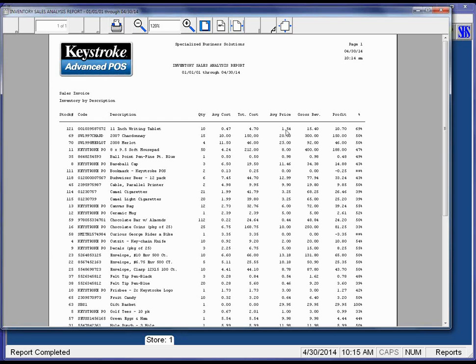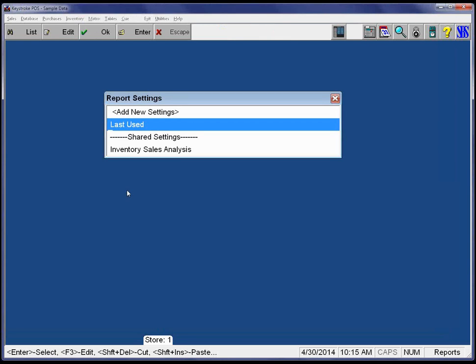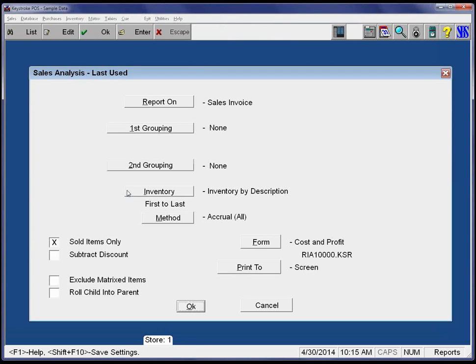I see the average price, the average selling price that the item has been sold at, and I see my gross revenue and my profit calculations. Nothing particularly unusual about this report. It's just a sales report by inventory item. I can see each item that has been sold, my costs, my prices, and my profit. But again, as we go right back to the report settings, we can really get into far more sophisticated